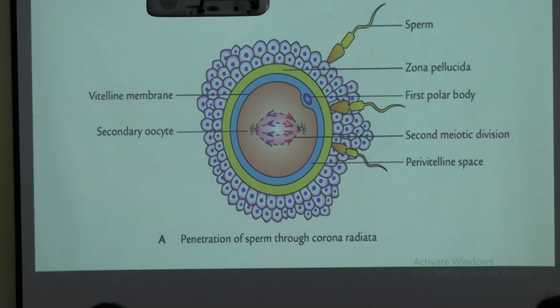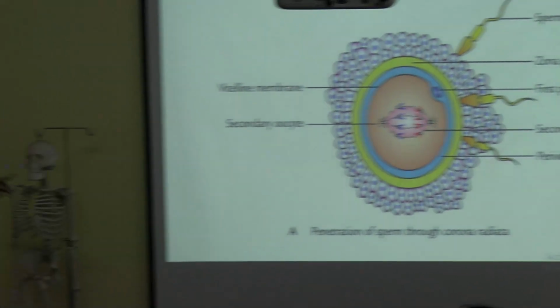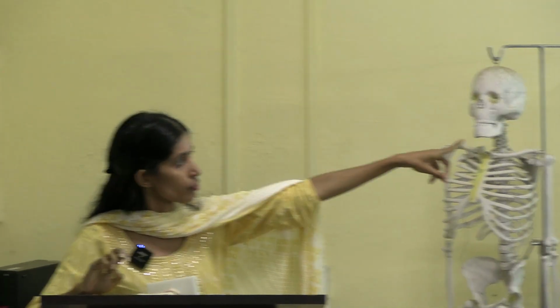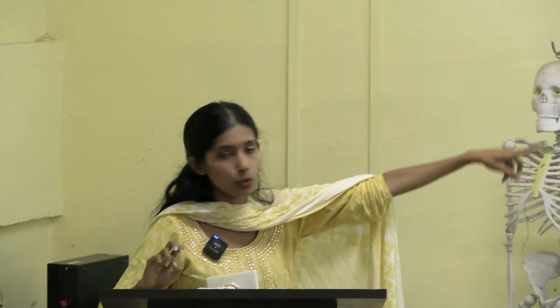Which part? Polar body. Here what they have done in this picture is they are trying to show all the stages together. If you see the very first stage, they are trying to show the corona radiata part where the sperm is entering. After that, they have even shown the sperm entering into your zona pellucida part. And then if you come to the cytoplasm of the oocyte,